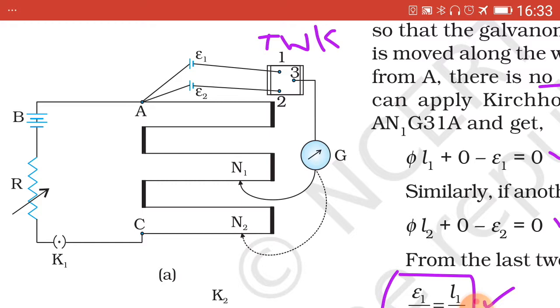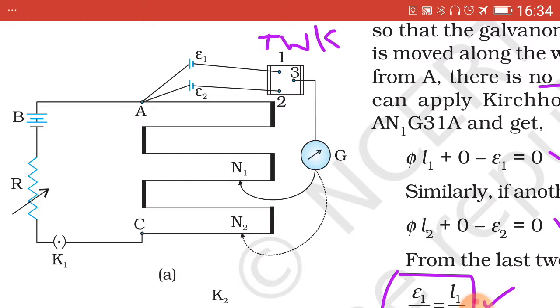Now between points A and C, that is the end points of the metallic strip across which the potentiometer wire is connected, whose length is more than 1 meter, that is the Wheatstone bridge wire, its length is more than 100 centimeters. Now from points A and C, a battery is connected in series with a variable resistance, connected again in series with key